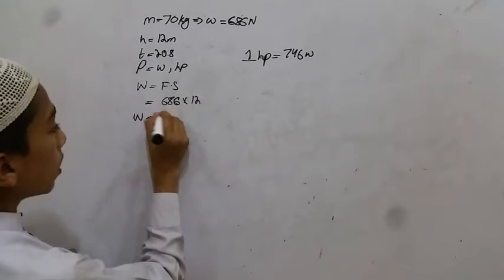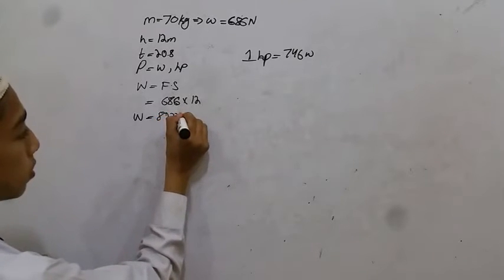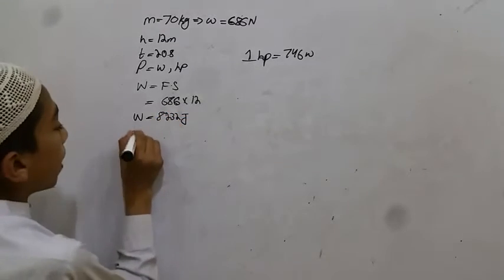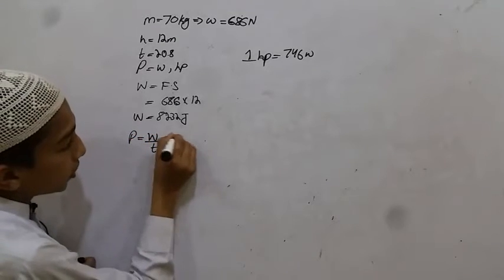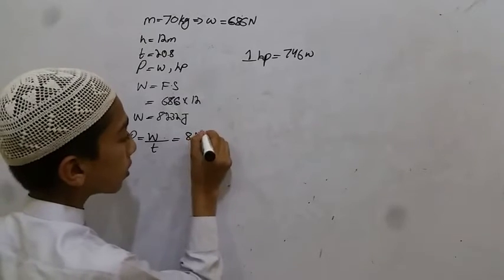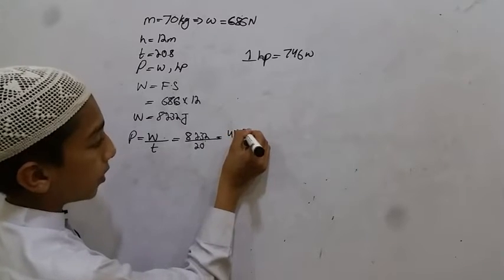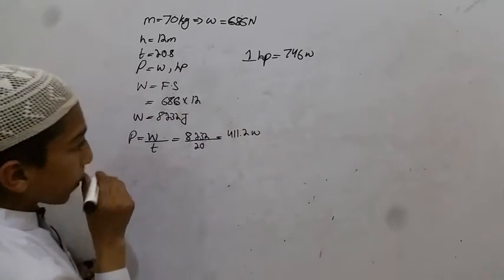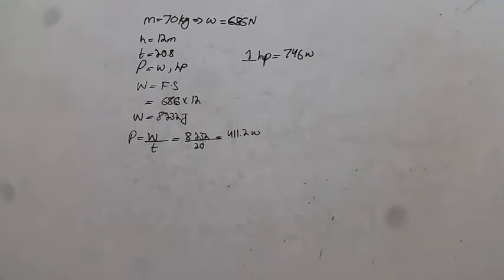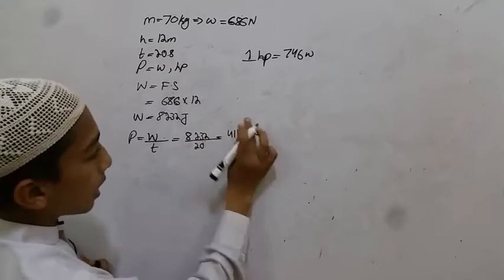W is equal to 8,232 joule. So power is equal to work done divided by t, which is 8,232 divided by 20, equal to 411.6 watts. The power in watts is 411.6,